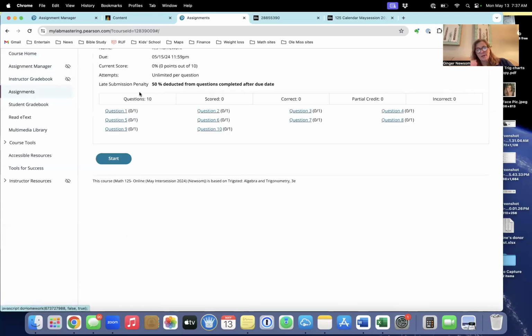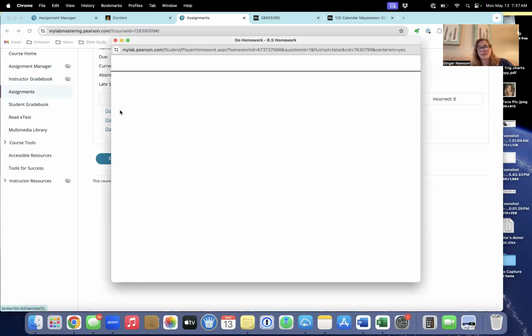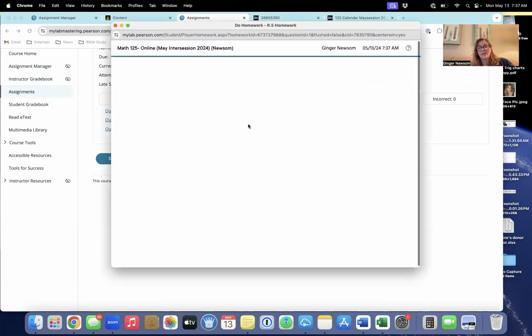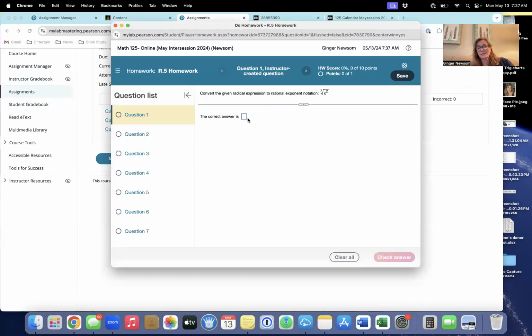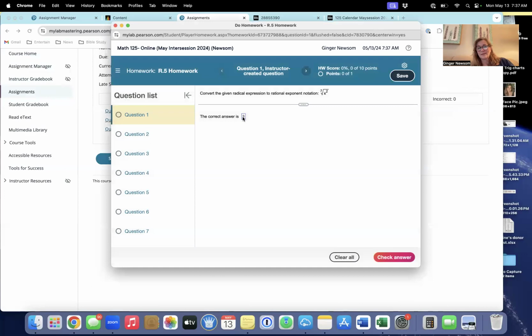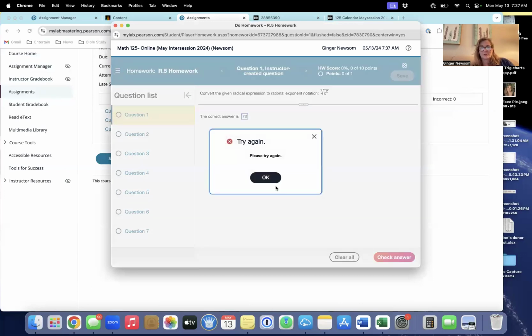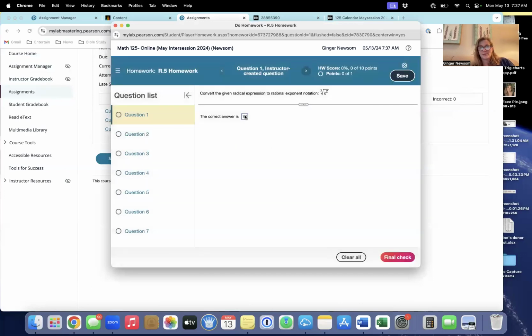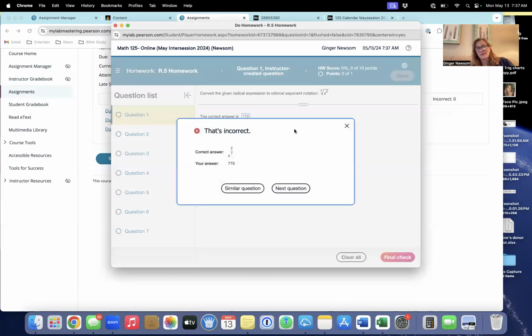But if you click on the homework, you'll just click on a question. They give you 3 attempts to answer this. So if you get it incorrect, you can do it 3 times. I'm just answering something, and you get 3 chances to answer. Once you get it incorrect for the third time, they'll give you the right answer.